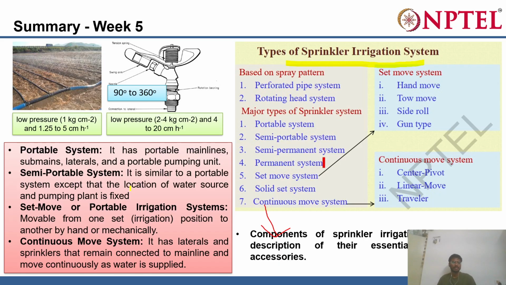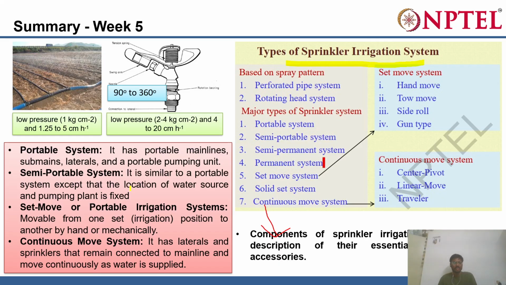While a semi-portable system is similar to the portable system except the location of water source and pumping plant is fixed. So in a portable system, everything is portable, while in semi-portable, the majority of things like main lines, sub-main and laterals are movable, while others like the water source and pumping plant, filtration and everything,